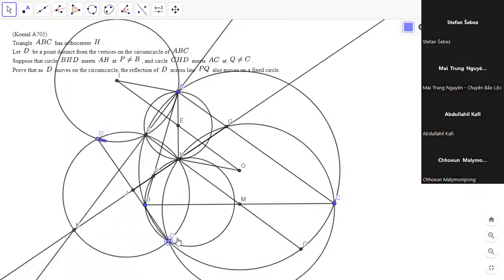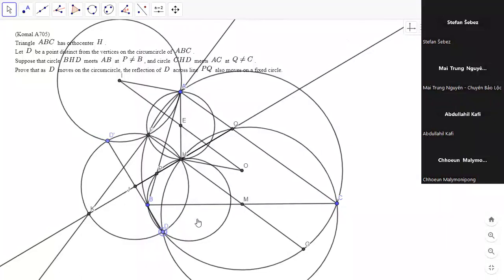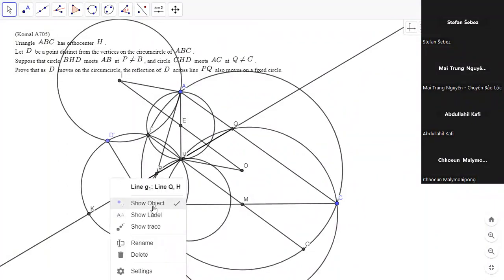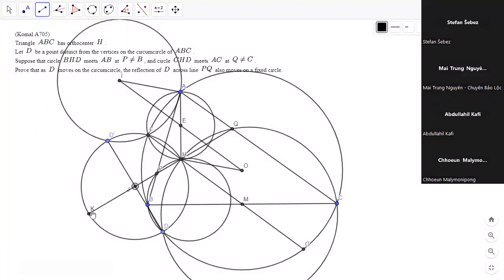That looks useful. Okay. And this would have to be an angle bisector. I feel like we're really close then. So once you draw the midpoint of this arc, if you know these are collinear,